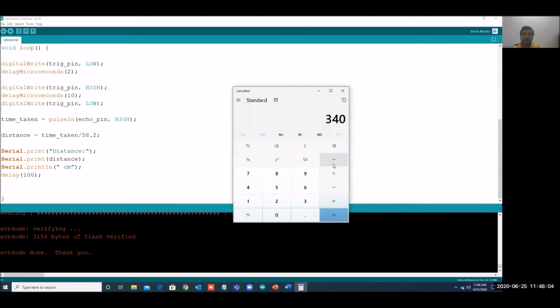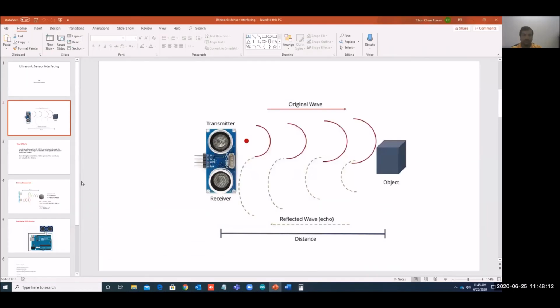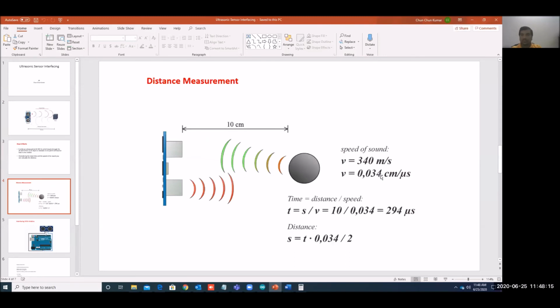And if you convert this meter into centimeters, you will get 0.3 something, right? Yeah, 0.034. Okay, 350 meters per second, so 1000. So you have to get this one. A centimeter per microsecond, here they have given. So for microsecond, yes, we will get it in microseconds only, and we have to divide it by 2. That will be the speed.